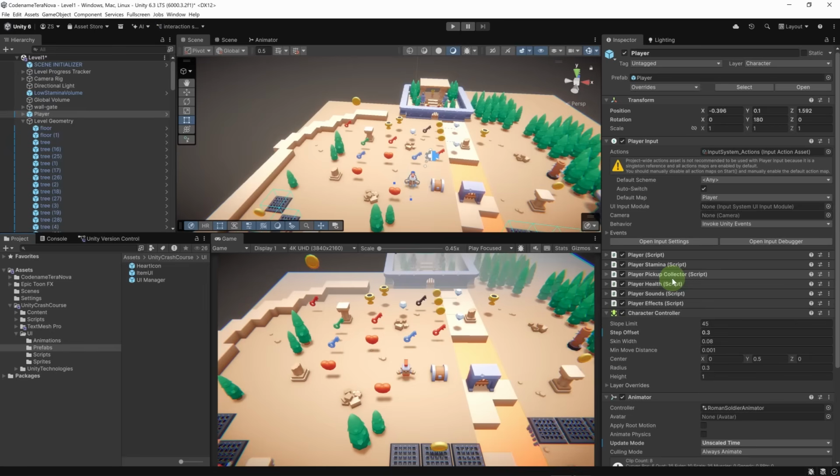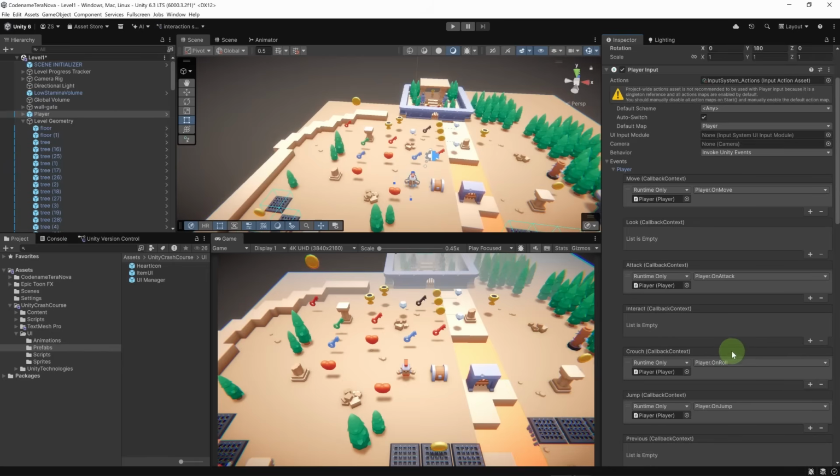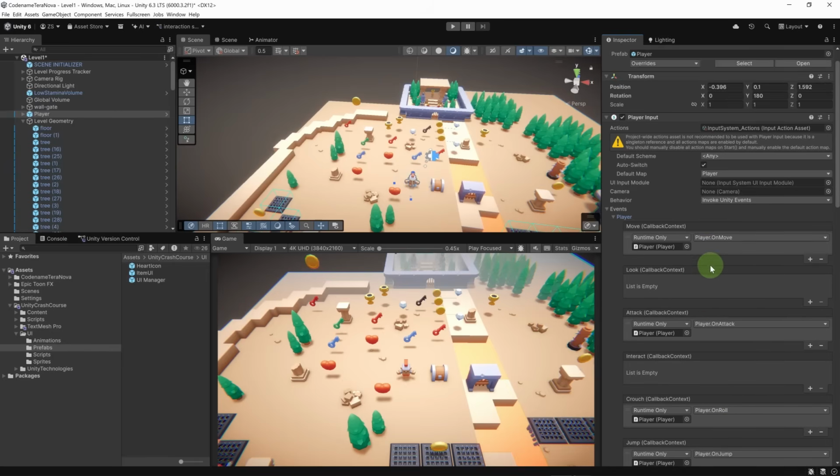And in my recent projects, I no longer use the player input component just because it's so tedious to work with. Yeah, the player input component is not the only way to handle input in Unity, but it is convenient. Here, if we set the behavior to invoke Unity events, we can go here and have all our events and bind them like we did. So this is great if you don't want to write code. You can directly